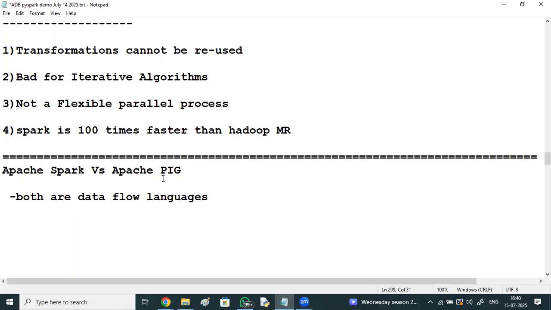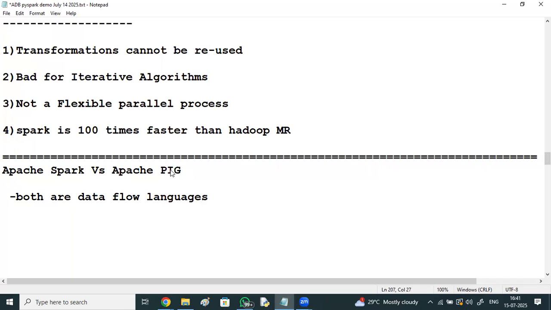See, the importance of Pig. If you look at the years like 2013, 14, 15, Apache Pig was mostly preferred. Previously in MapReduce, we used to write a lot of Java code, but in Pig, we have the Pig Latin language. 100 lines of Java code we can just write within 6 to 7 lines in Apache Pig.